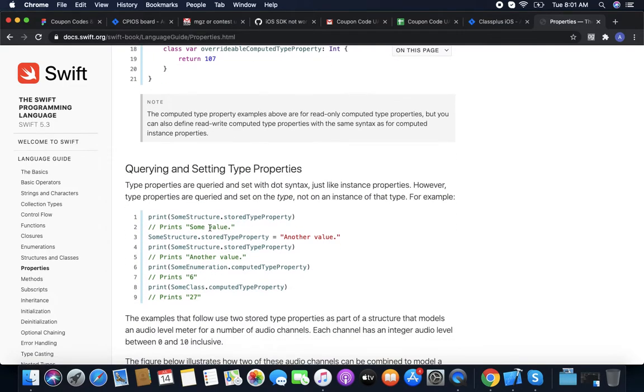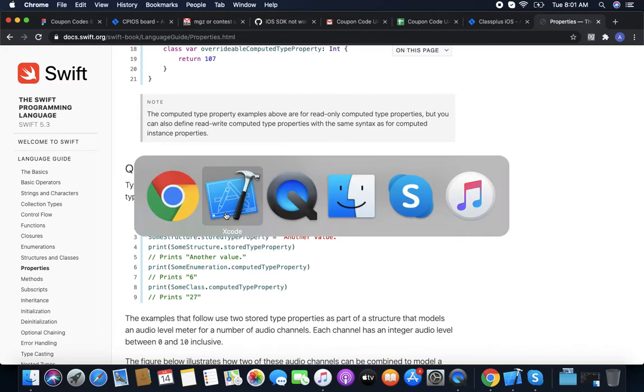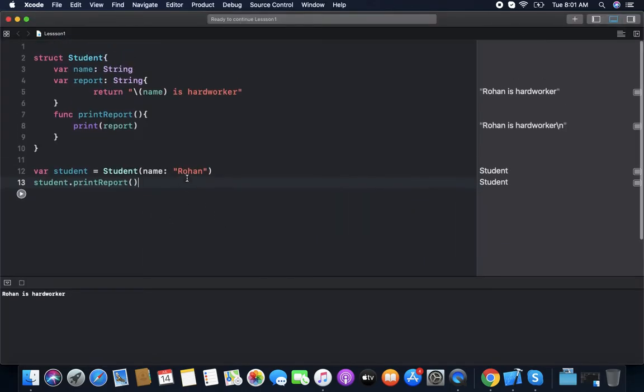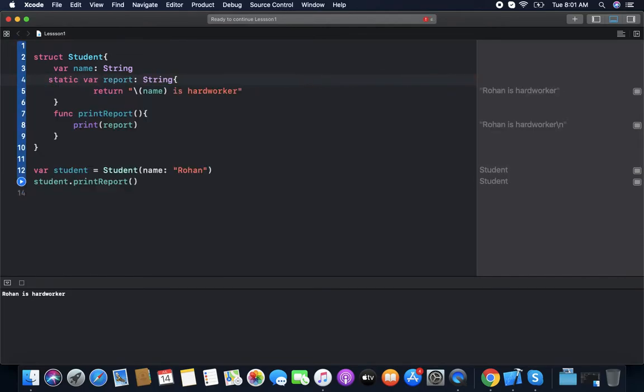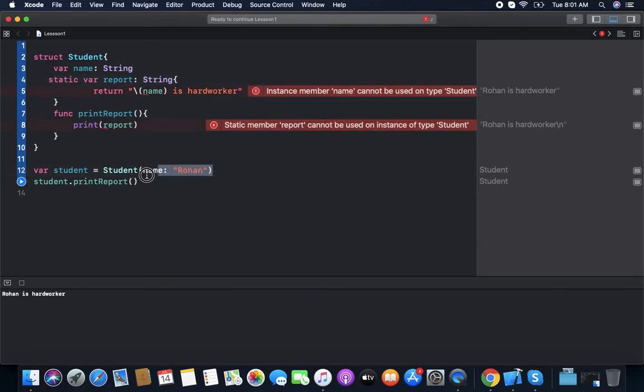Now we can print it, okay, we do not need to create an instance. Like if we make report a static variable, it can't be directly accessed within the class. It can be accessed anywhere with the class name only.